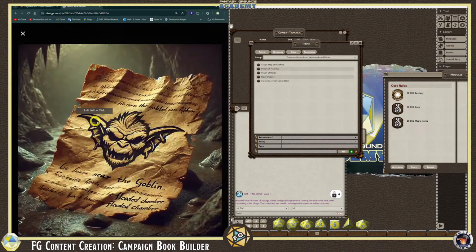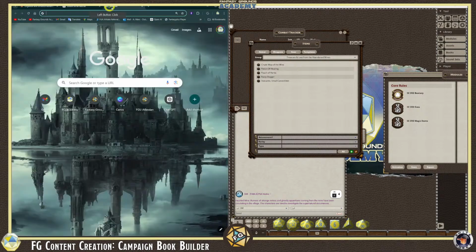So yeah, this is even better. So this is kind of cool. So this is exactly the type of handout I'd like to see in a game to hand to my players if I needed to. So what I'll do with this, since I might want to use that, is I have